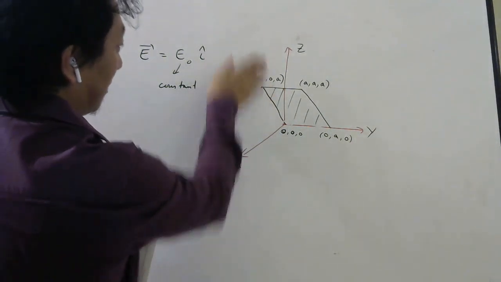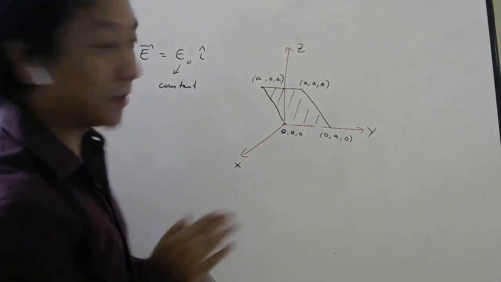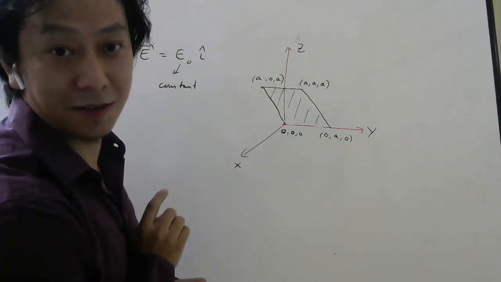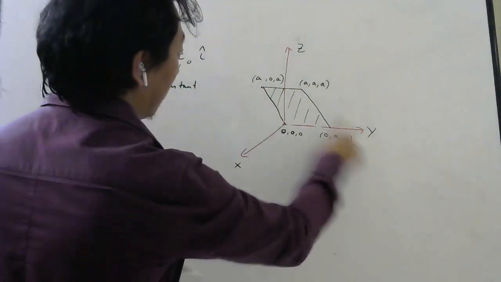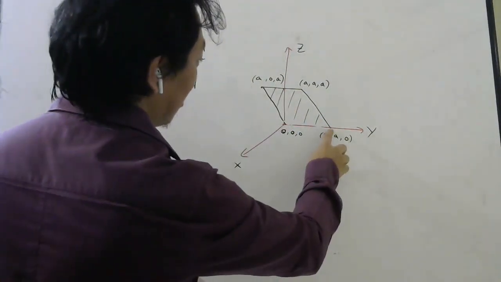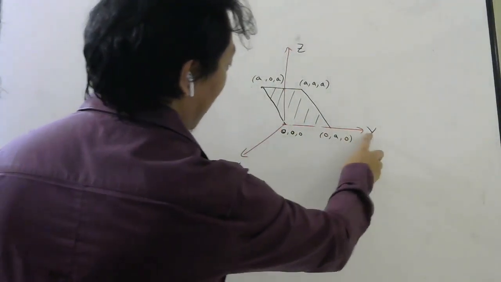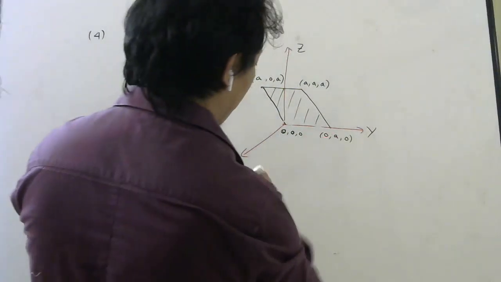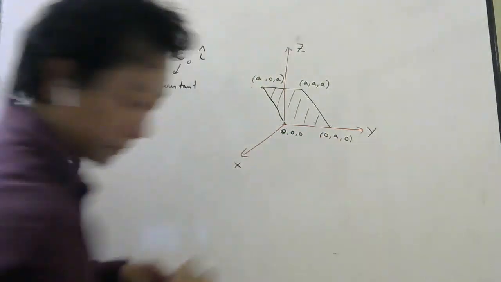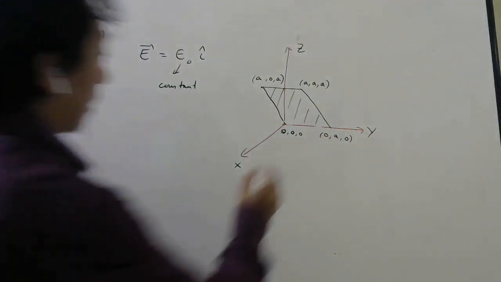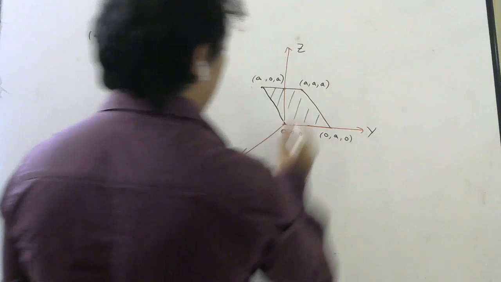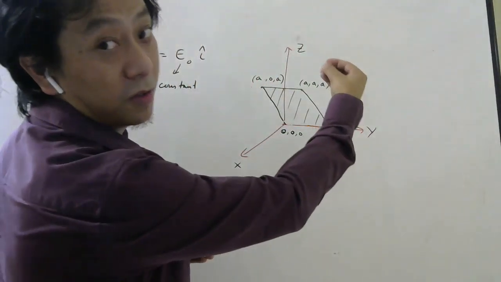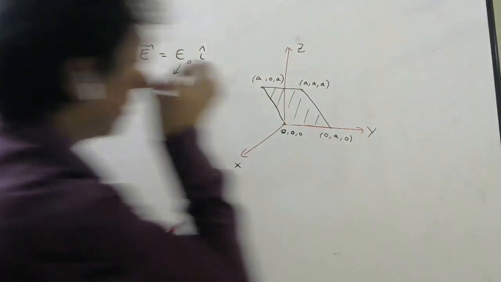So this point is in your xz plane. Since it is in the xz plane, this point will not have a y coordinate. That's why this is 0. This point is on which axis? This point is on the y axis, so the x coordinate and z coordinate should be 0. Right? You can see. And this point is in your space, somewhere here, so it will have x also, y also, z also. All the points have coordinates.